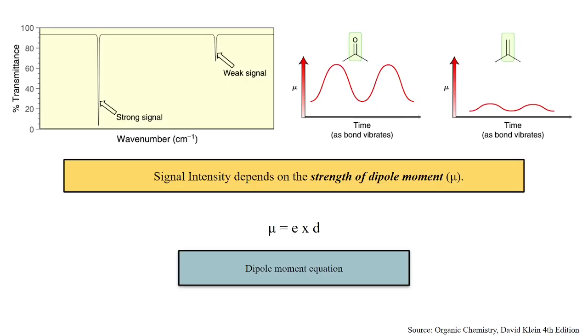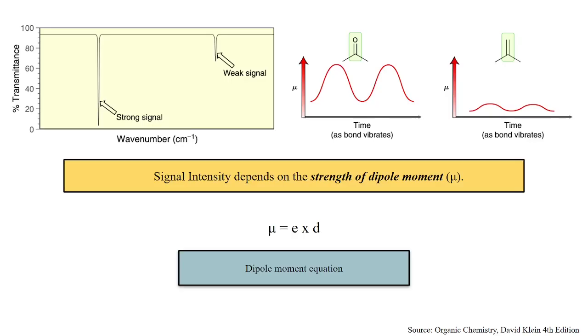Just looking at the top right-hand image, we're going to go ahead and compare a carbonyl, which is a carbon double bond oxygen, to a regular double bond, carbon double bond carbon. Remember that oxygen is one of the most electronegative atoms, and because of that, it will have a very large partial negative charge. And the carbon that the oxygen is bonded to will therefore have a very large partial positive charge. And when the bond is vibrating, as the oxygen and the carbon come close together, it will have a very large dipole moment